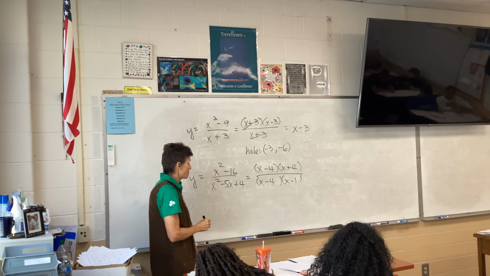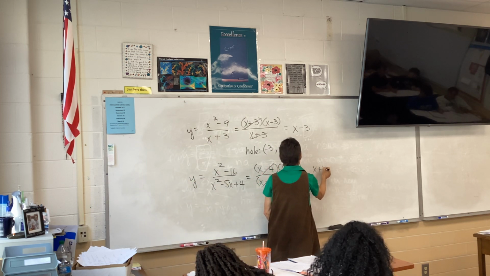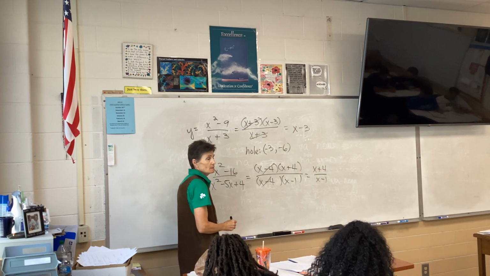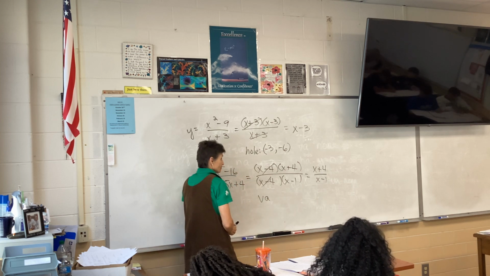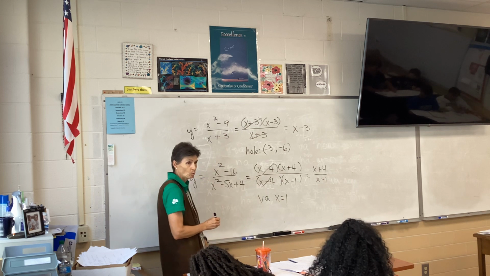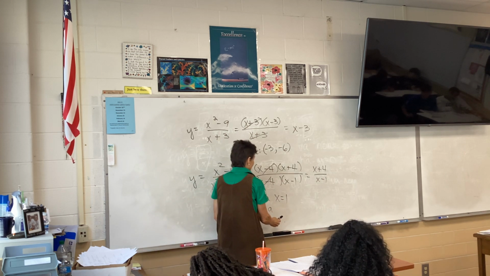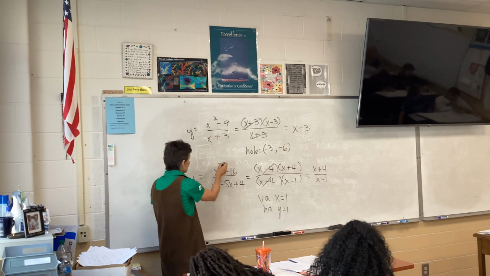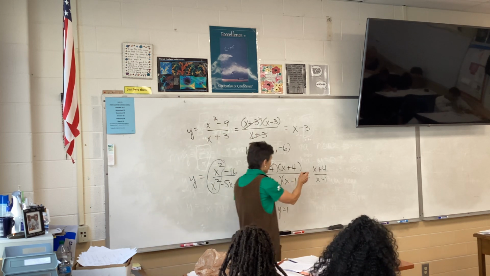What happens? We can cancel. So now my problem is x plus 4 over x minus 1. This time, do I have a vertical asymptote? One. X equals 1. Do I have a horizontal asymptote? One. Y equals 1. That horizontal, you can either tell from the original problem, or you can tell from